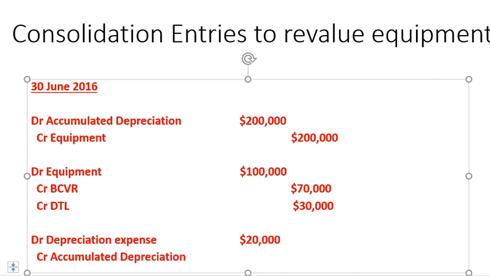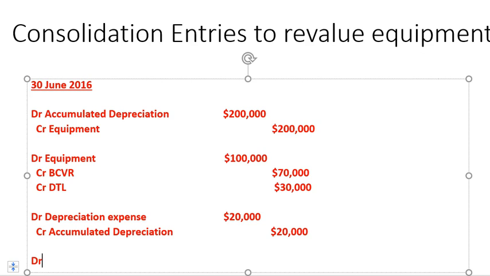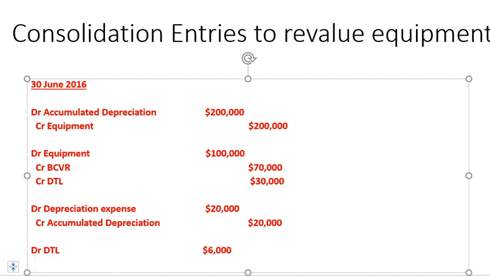But when we do this, we will also have an impact on the amount of tax that will be paid by the group. So we need to record the tax effect. So what we'll do, we'll debit deferred tax liability by 30% of the depreciation adjustment that we made. So this is $6,000. And we will credit income tax expense